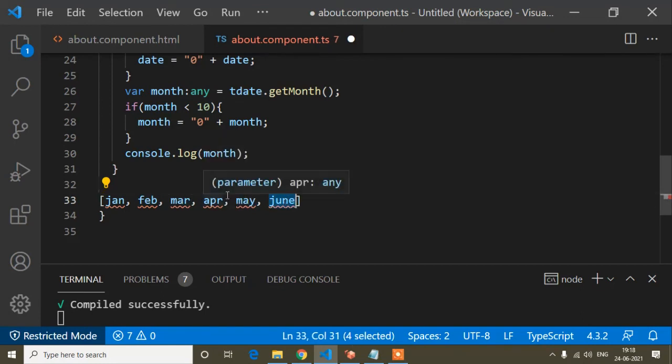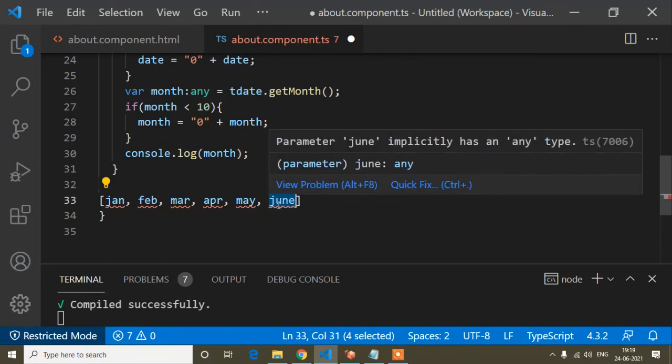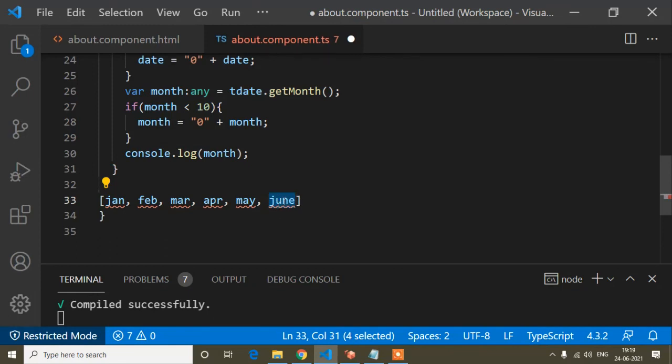But guys, we know array index starts from 0, like 0 1 2 3 4 5. So when it's an array, it counts from 0, so June is counted as 5. Okay, so that's why month returns 5.